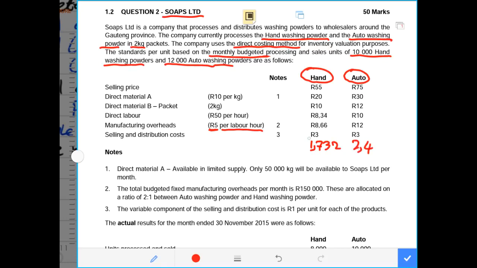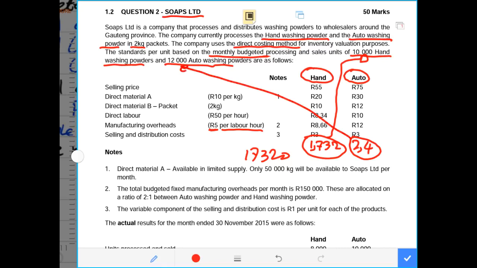So if I have these hours per unit, I need to multiply them by the number of units that I want to manufacture, so that I get to 86,000 as I get to 17,320 hours. Then I also need the total hours it takes to complete 1 unit of auto. Then I multiply that by the number of units that I budget to manufacture and sell,